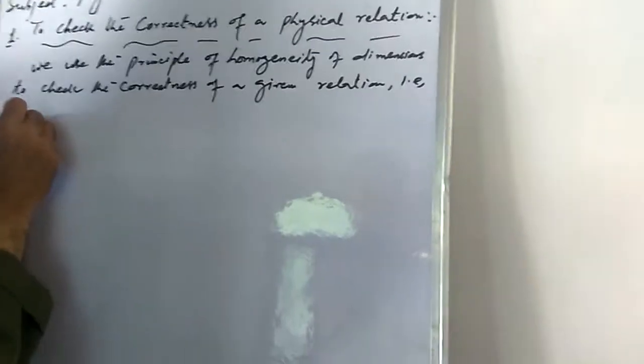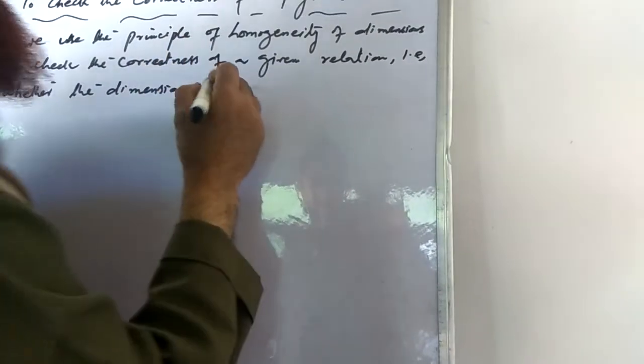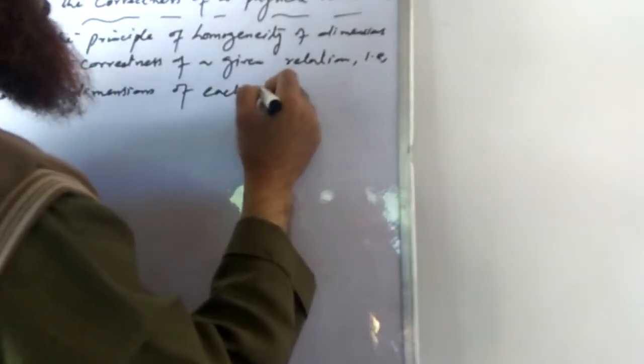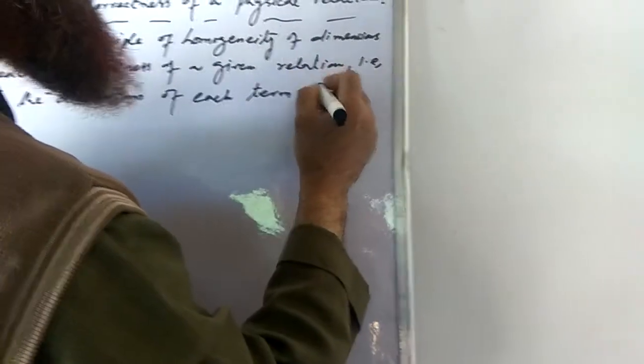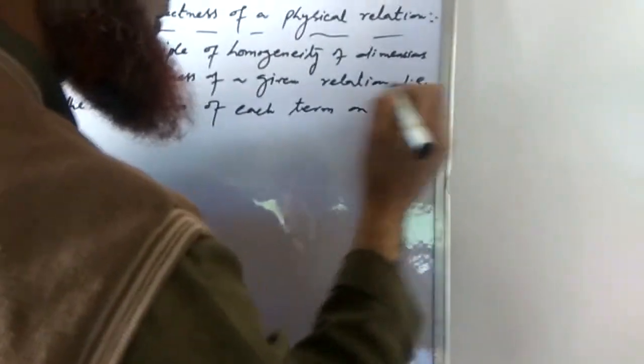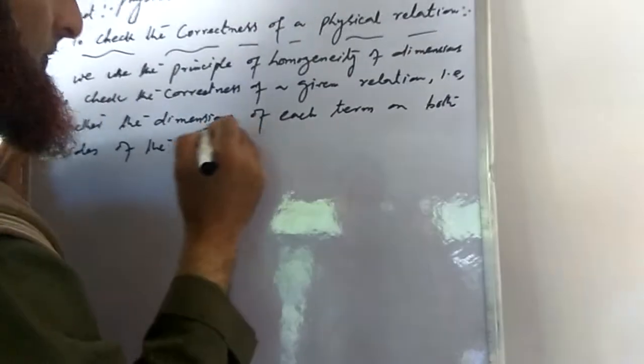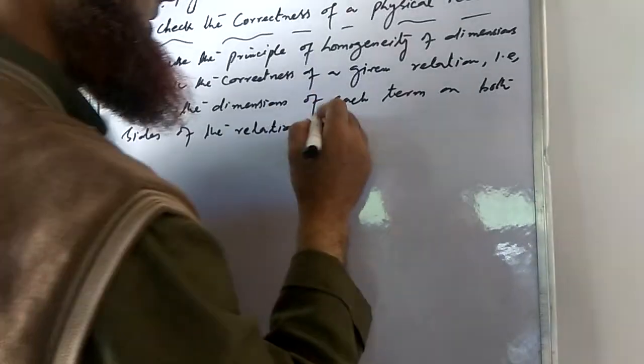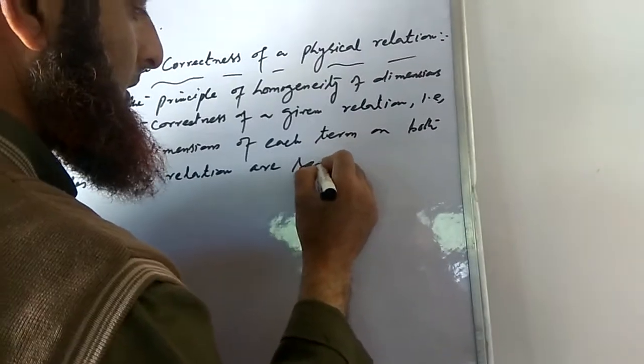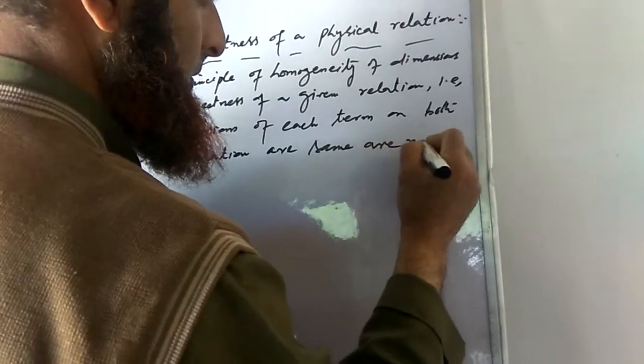That is, whether the dimensions of each term on both sides of the relation are the same or not. That means if we are having a given physical relation and we have to check it is correct,